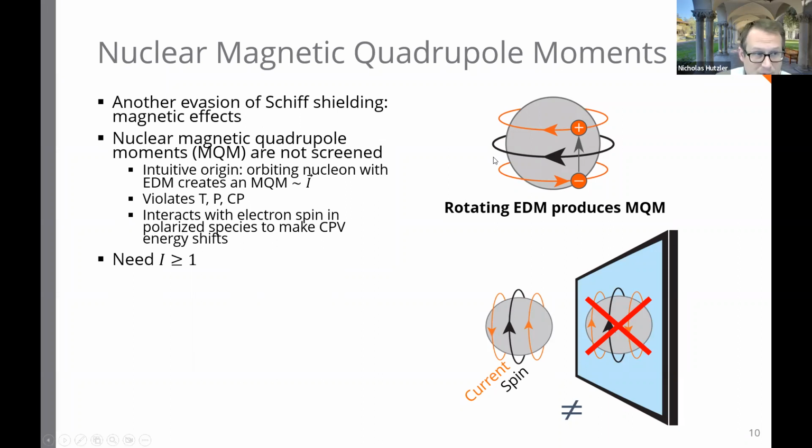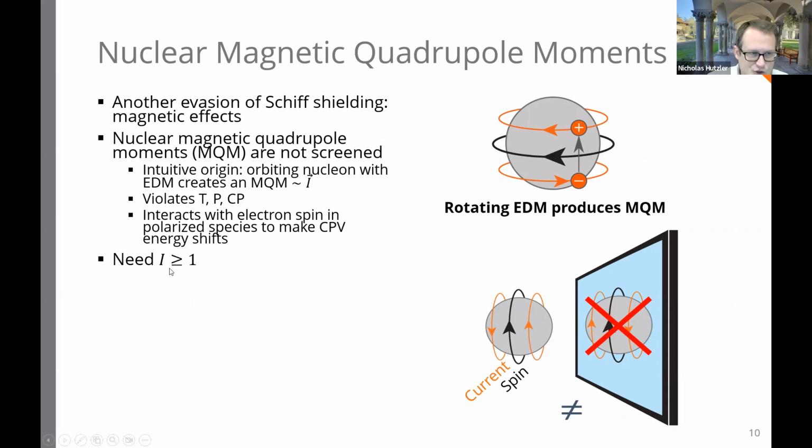The way this manifests itself in an atom or molecule is if you have an unpaired electron spin